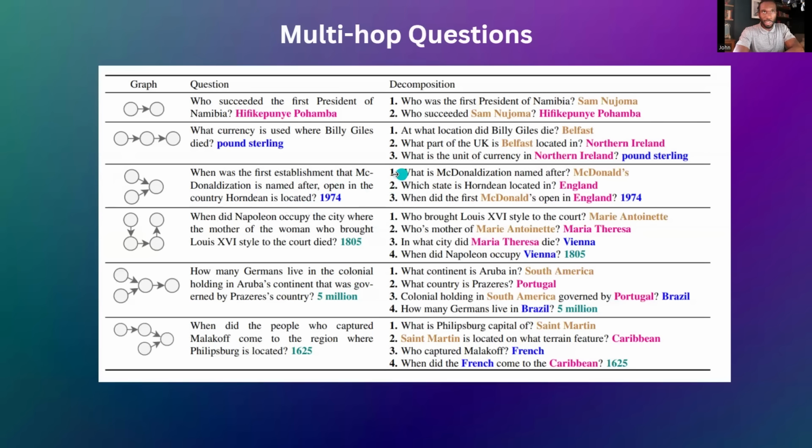So the first decomposition is, what is McDonaldization named after? And the answer to that is McDonald's. So let's take that as the first node here. And then the second node